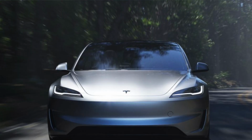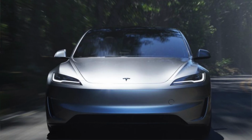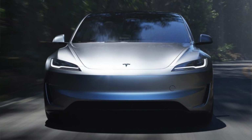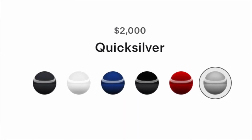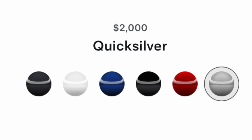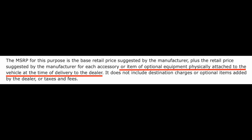A new color. You will be the first one in the US or Canada to have a Quicksilver Model 3. So if you want the latest and greatest, it is going to be awesome to see this new color here in the States. The new Quicksilver does cost $2,000, and keep in mind those EV tax credits, because anything physically